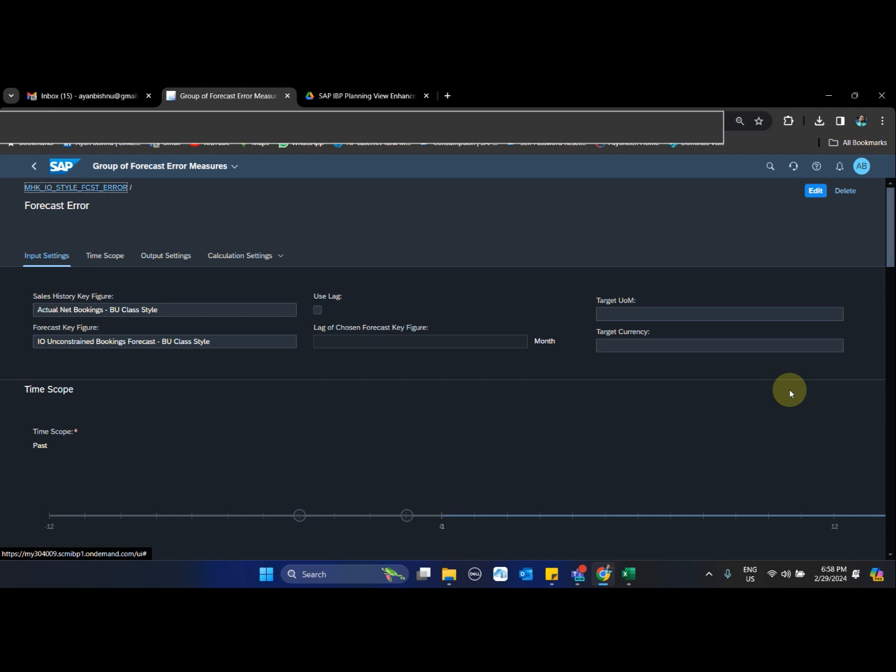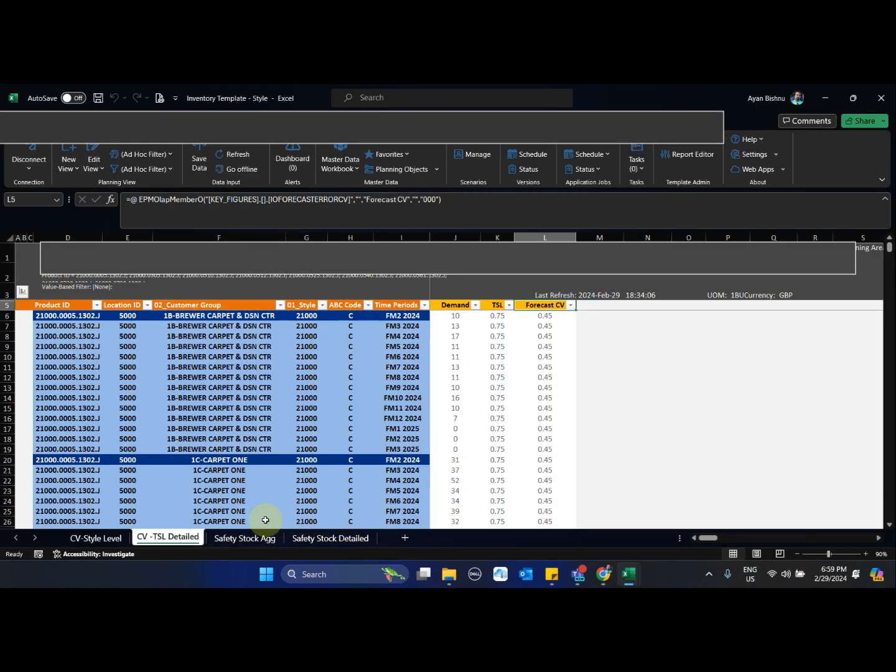So for the planning level that we have defined in the header, I can select the historical sales key figure and the forecast key figure, and those key figures need to be present in the planning level that I have defined in the header. That is the reason I have used these two key figures. What I have done before that is, if you see, I have IO forecast, similarly I have IO sales.